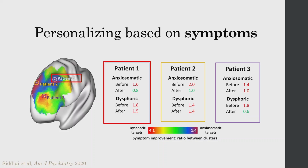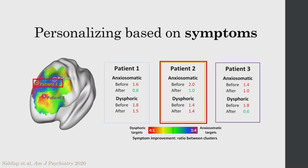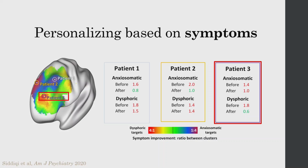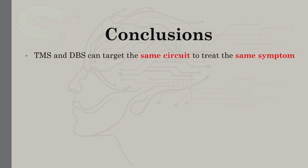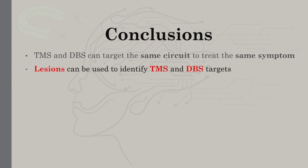So for example, the magenta spots are good targets for what we call anxious somatic symptoms of depression. A different magenta spot also relieves anxious somatic symptoms of depression, whereas the orange spots relieve dysphoric symptoms of depression. This is a whole different talk going into this in detail, but in summary, we can personalize based on connectivity or based on symptoms. So in summary, TMS and DBS can target the same symptom circuit to treat the same